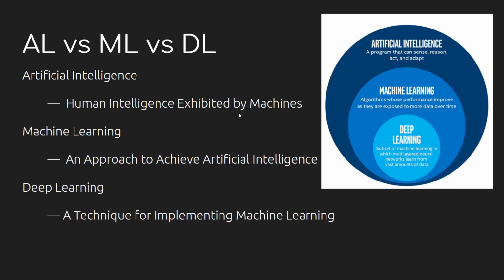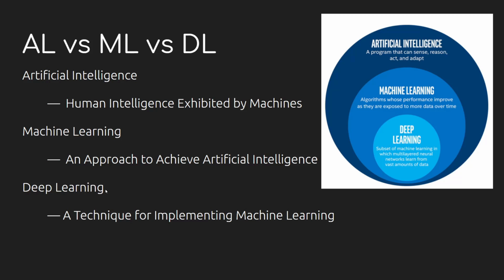Okay, so let's come to another particular word called deep learning: machine learning and deep learning. I have made this conclusion with vast learning. There are a lot of very complicated terms in Wikipedia, even in DZone and all. The idea here is that artificial intelligence is human intelligence exhibited by machines. That's it, there is no confusion at all. Then machine learning is an approach to achieve artificial intelligence. Now I have to achieve artificial intelligence, so the way I can do it is using machine learning.